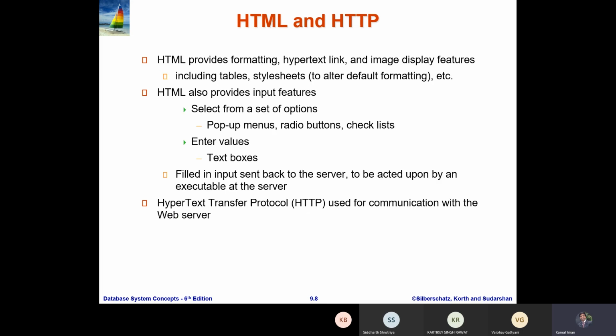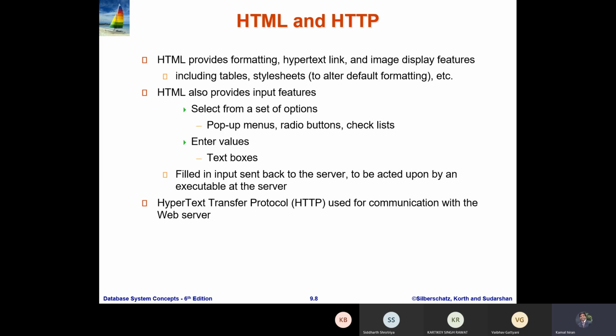Here we are discussing all these web components one by one. So far we have discussed www, the URL, and the web browser. The next two important terminologies, when any application development comes, we have to know very well: HTML and HTTP. As we have discussed a little bit about HTML.